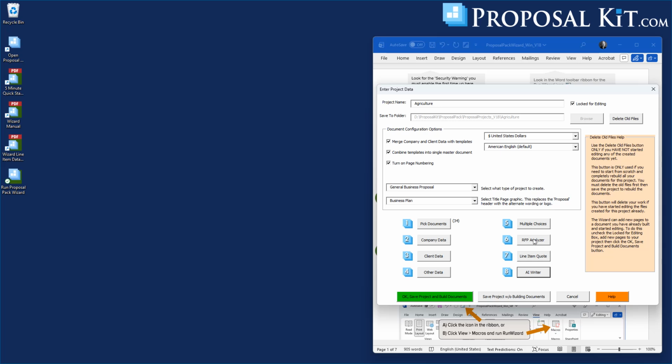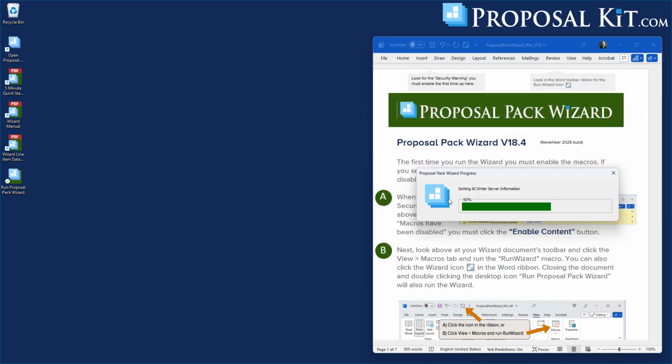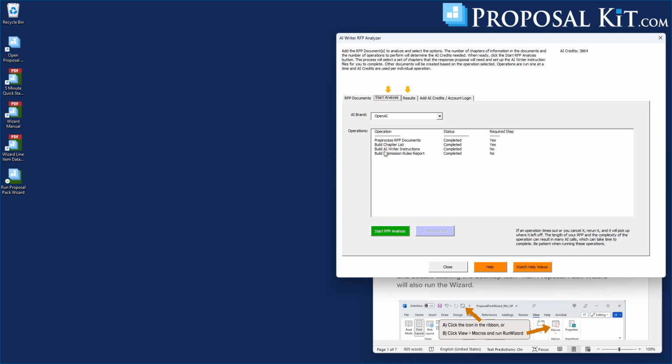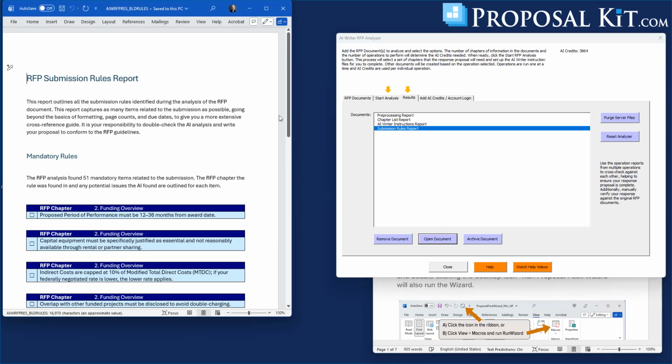Let's go back into RFP Analyzer for one more operation. The submission rules report. Now in our previous video where we showed client notes for a small project, there was no submission rules report because the client notes didn't really have anything submission related that it needed to keep track of. But for this complex RFP, it does. So now we say we ran this build submission rules report. We come over to the results, open the report,